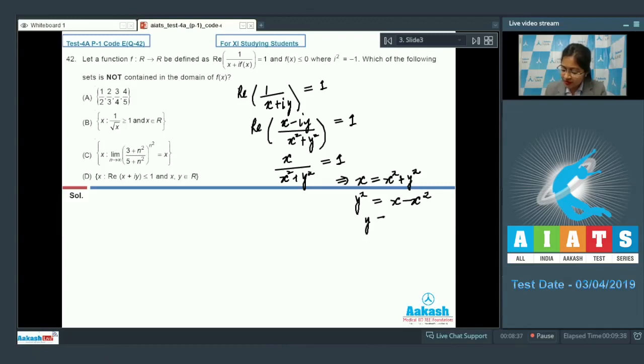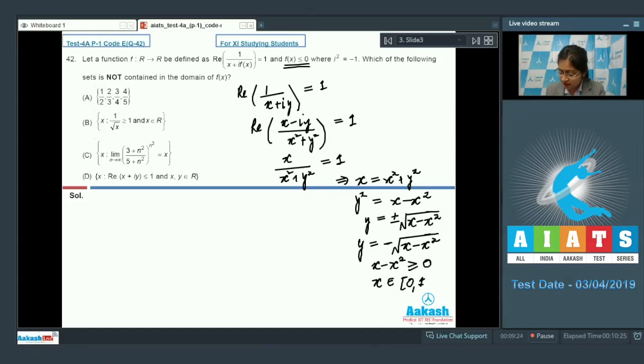Now from here we will get two functions, that is y equal to plus minus under root of x minus x squared, but in the question it has been given that f(x), that is y, is less than equal to 0. So the only function is y equal to minus under root of x minus x squared. Now we have to find the domain of function f(x). To find the domain, we will find the values of x for which this function is defined. This is defined when the value inside the root is greater than equal to 0, that is x minus x squared is greater than equal to 0, which means that x belongs from 0